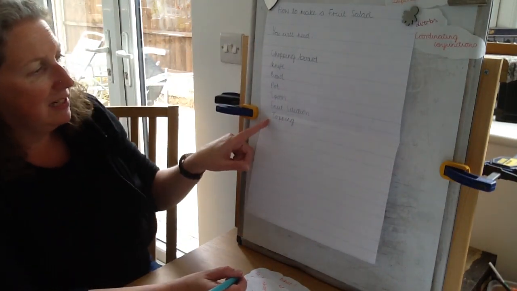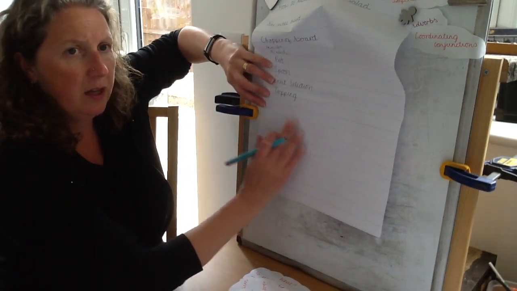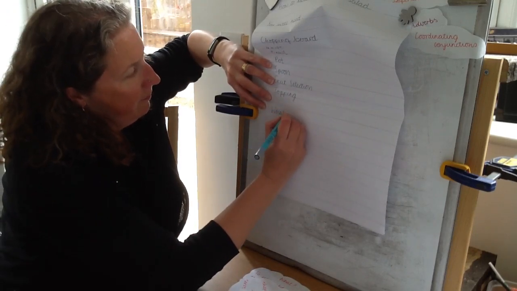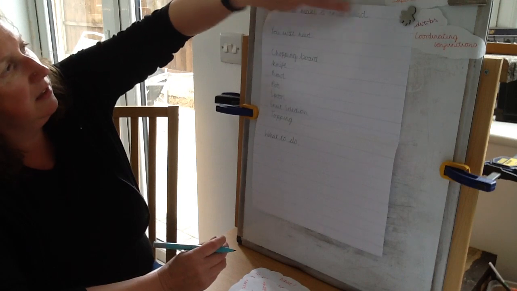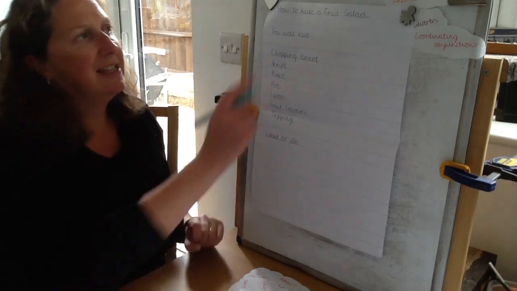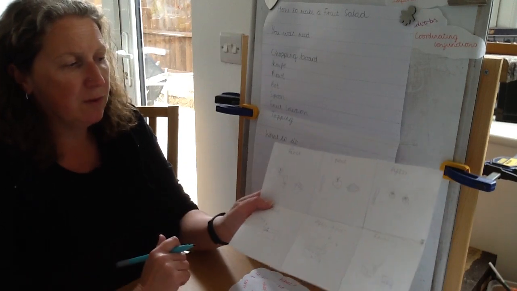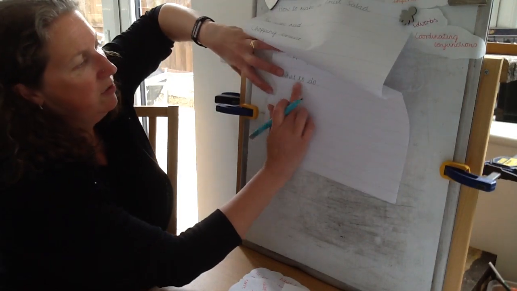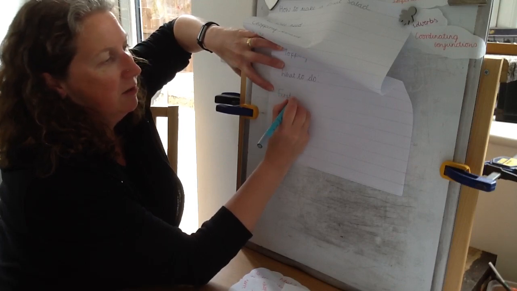So I've done that and I'm going to leave another line. So I'm going to write, What to do. Okay, so this means that I've got my title, I've got my subheadings, so You will need and What to do, and this is where my linking adverbs will come in. So looking back to my storyboard, first, so I'm going to leave another line, and I'm going to write first, and I'm going to do a comma,